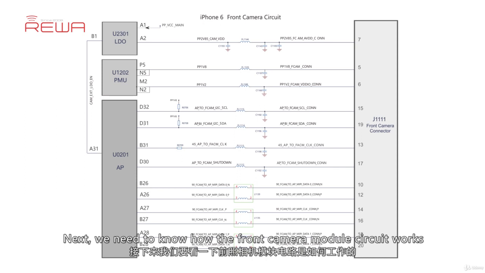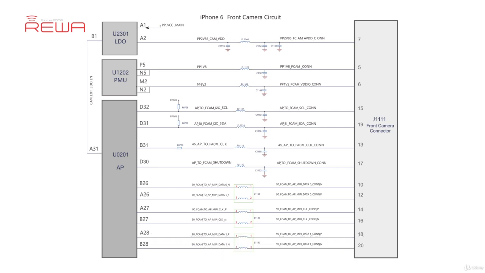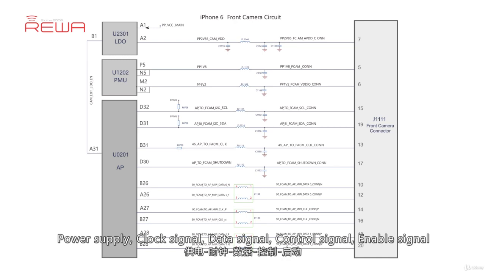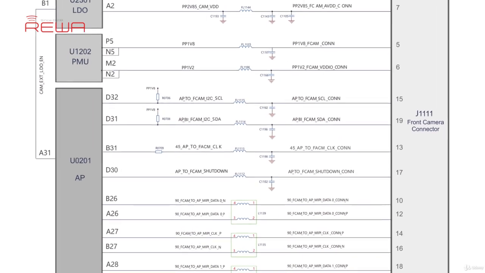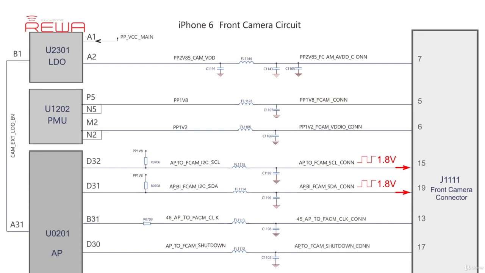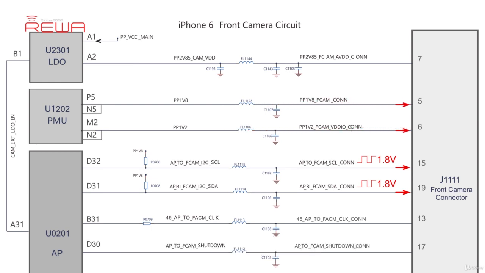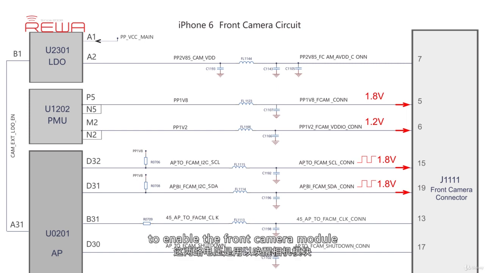Next, we need to know how the front camera module circuit works. To enable the camera, the following factors are required: power supply, clock signal, data signal, control signal, and enable signal. During booting, the CPU will initialize self-inspection of the camera module via the I2C bus. The PMU power management module supplies two sets of power. One is 1.8 volts, another is 1.2 volts, to enable the front camera module and let the module enter standby